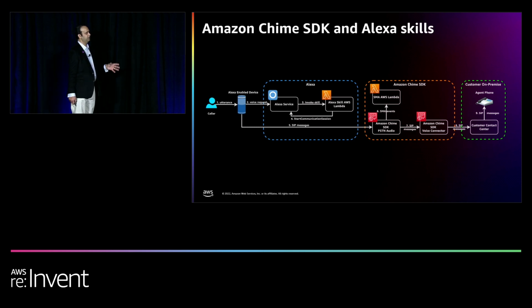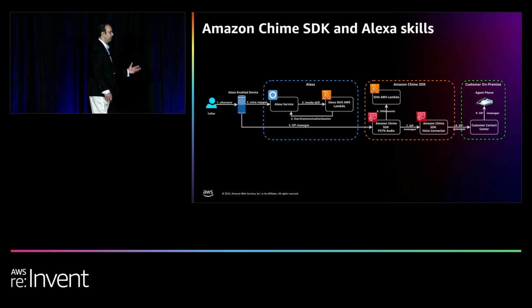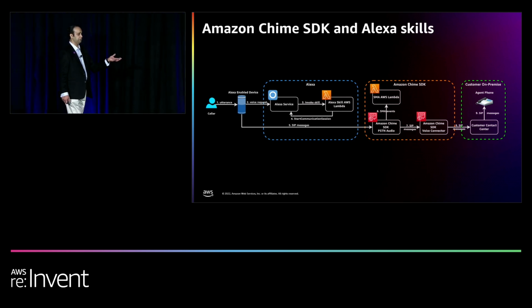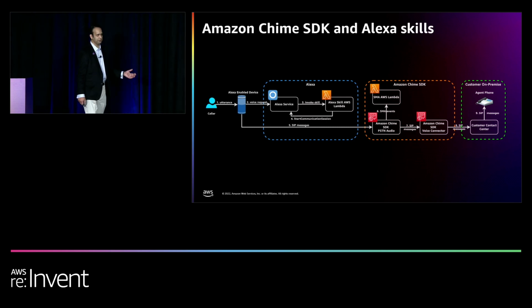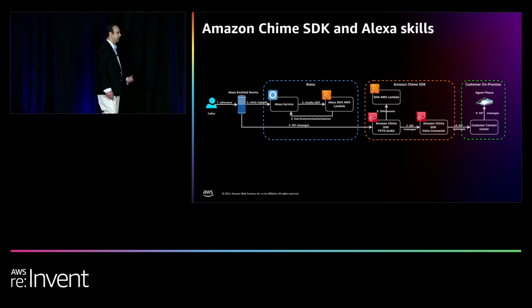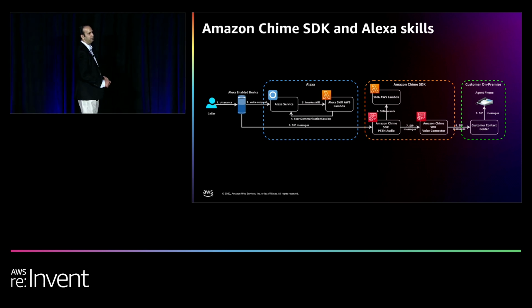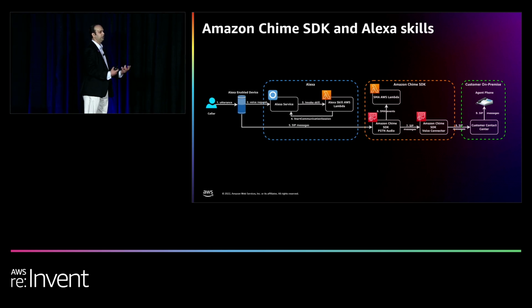By the way, coming back to that skill set requirement that we were describing before, the skill sets required to create this communications capability is TypeScript, Node, Lambda. You don't need to know anything about SIP. You don't need to know anything about telephony. You don't need to know anything about how Alexa devices even work. Really, you just have to have familiarity with basically writing lambdas in the programming language of your choice.